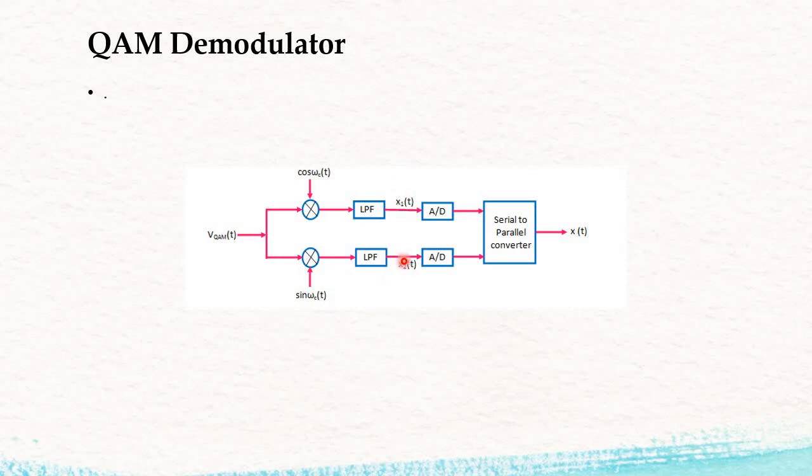As this value is in analog format, we need to convert it back into digital, so it is given to the analog to digital converter. The output of the digital stage is given to the serial to parallel converter, so that it arranges the data, which was initially converted into parallel form, back to its actual serial format. For that we have the serial to parallel converter.